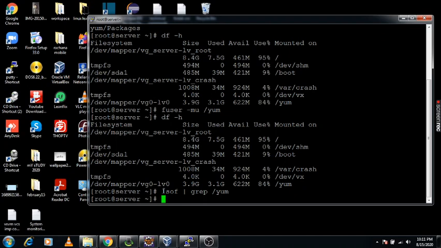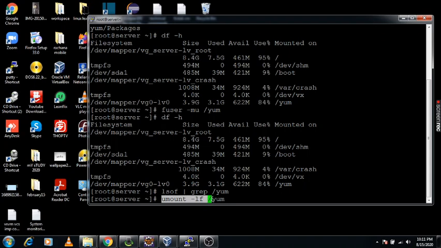So another command you need to use, that is umount. If suppose this file system is still not unmounting by simply using the umount /yum command, then you can use the lazy option, lazy with force, that is small l and small f, to unmount the file system.